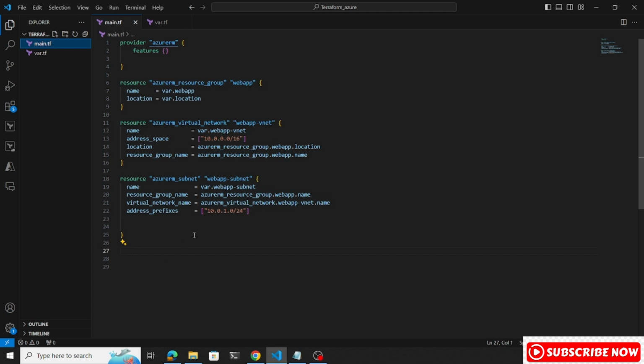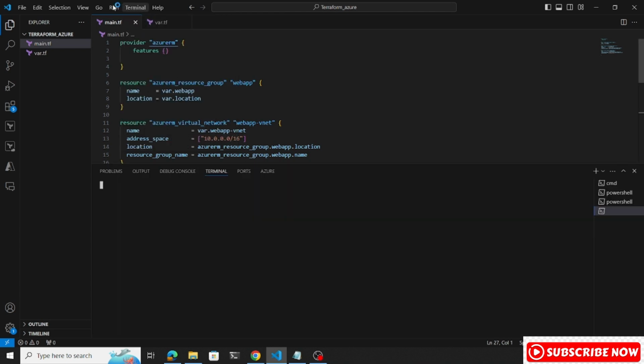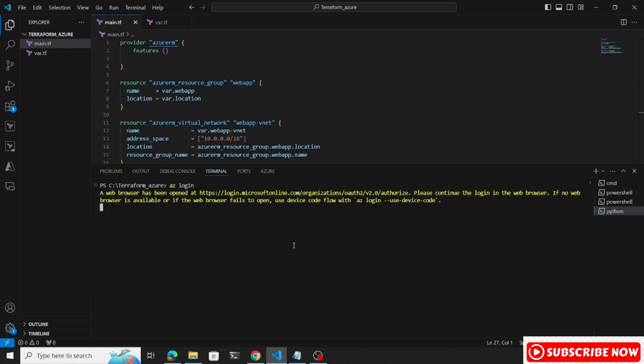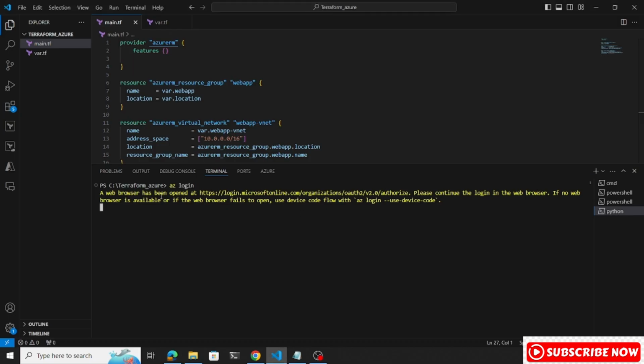Now we just open a new terminal. Okay, az login. If you are doing this and getting any issue, in my case it is not an issue, because I had already logged in. I will show you how I logged in. See, I had logged in with az login. I was getting a problem using this az login. Then I used